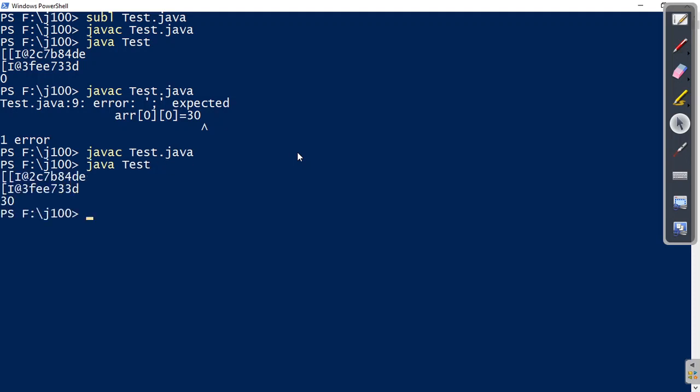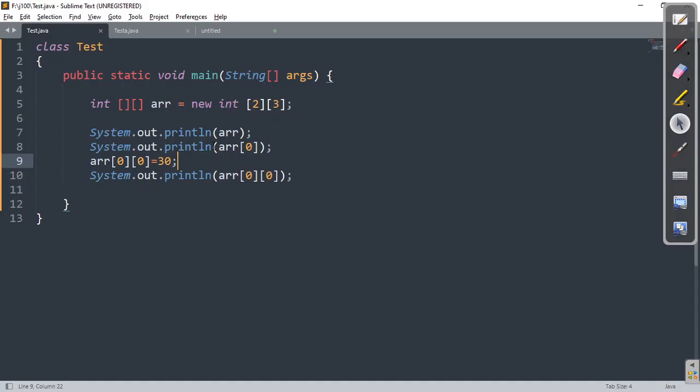Now it will show 30. The first two are fine, but the next one is 30, right? So now I think you could understand how this particular one looks like, right? So this is no more a double dimension. This is the basic that you need to understand, right? Still our question is unanswered because we are in a process to create dynamic single dimension arrays, right? We'll do that, don't worry. Now one more thing I need to tell you after that. I think up to this you don't have any problem. You can happily understand and happily create this one, right?